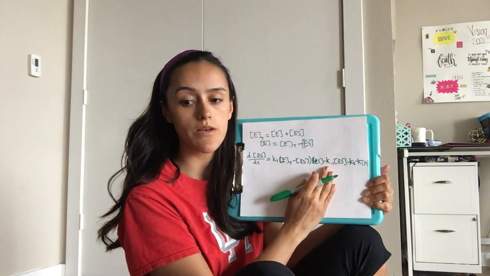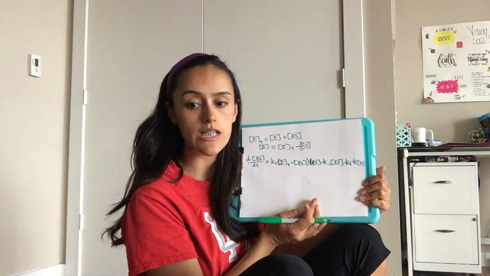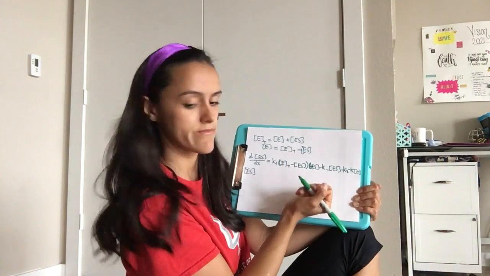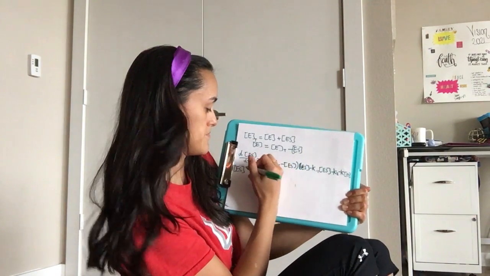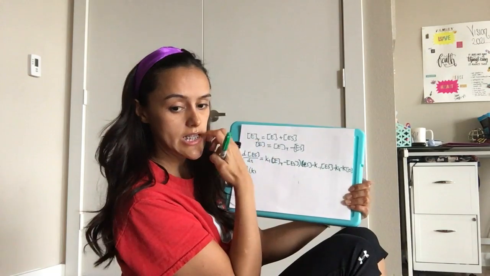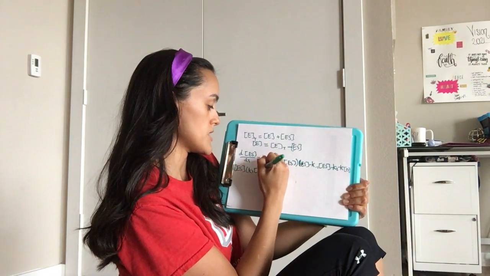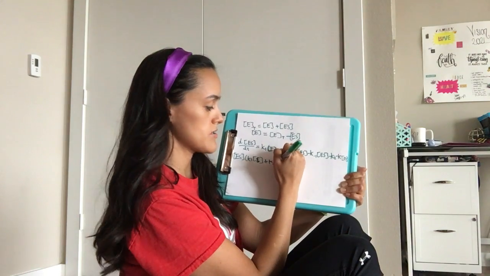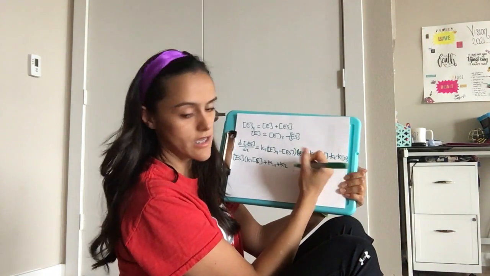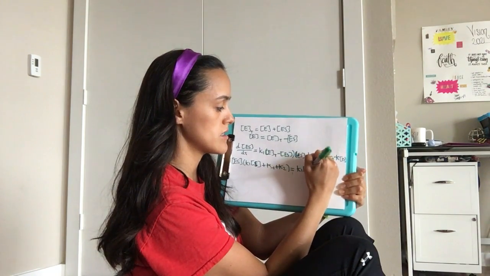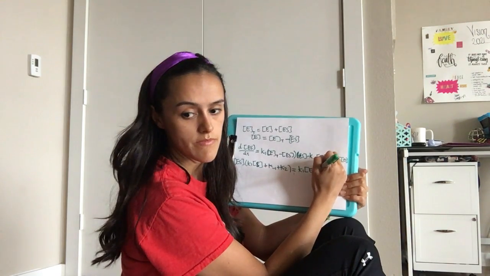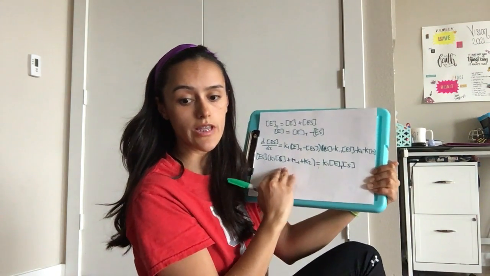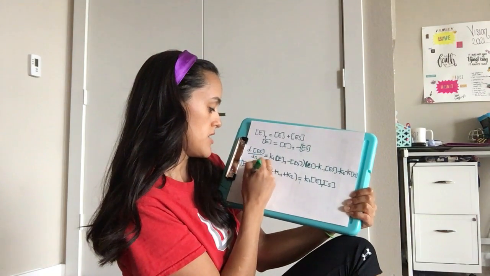So we move all the terms with ES to one side of the equation, then factor out the ES, leaving us with ES times K1 times S plus K minus 1 plus K2, which will be equal to K1 times E total times S. Then divide to leave ES by itself. So it would be ES equals